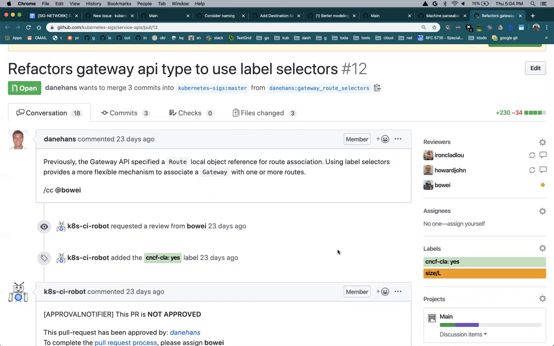I think fundamentally the thing that people are trying to address with having the route status on the gateway is that it's nice to be able to look in one place and see whether anything is wrong. And then it's nice to have a breadcrumb trail that you can follow to figure out what's wrong.